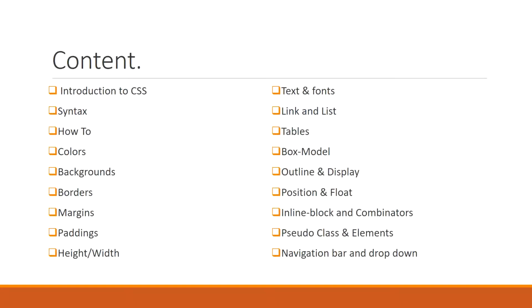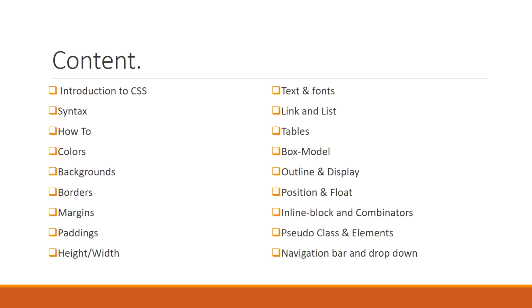So we shall look at introduction to CSS, then we look at how CSS is being structured, that is the syntax and the skeleton of CSS. Then we look at how to link our CSS, the various ways to link CSS. We take a closer look at colors and backgrounds, borders and margins, then paddings. Then also we look at height and width, then look at the different values that we can give to